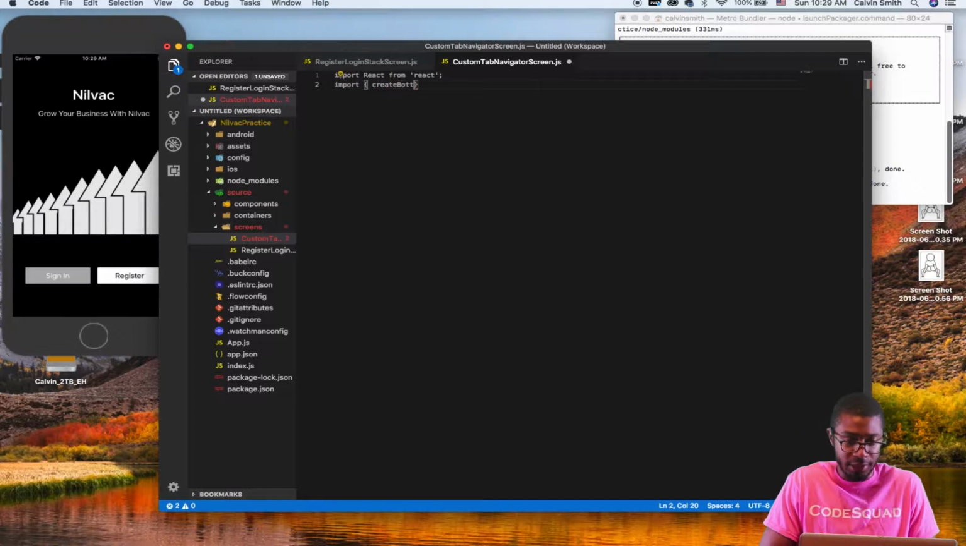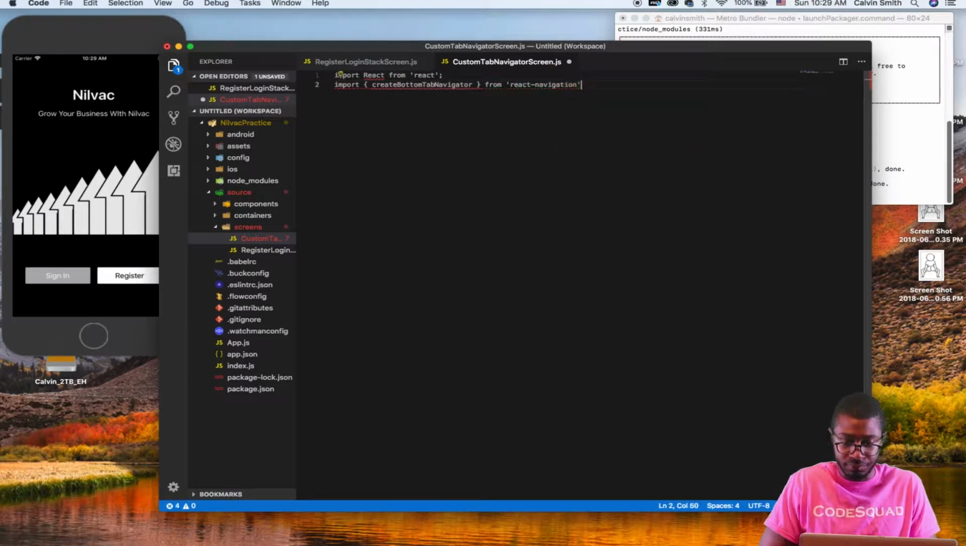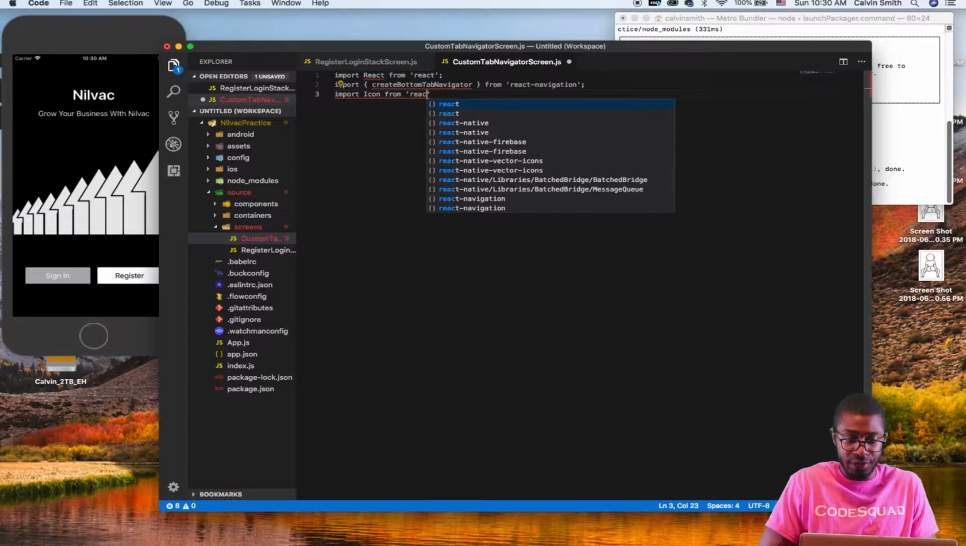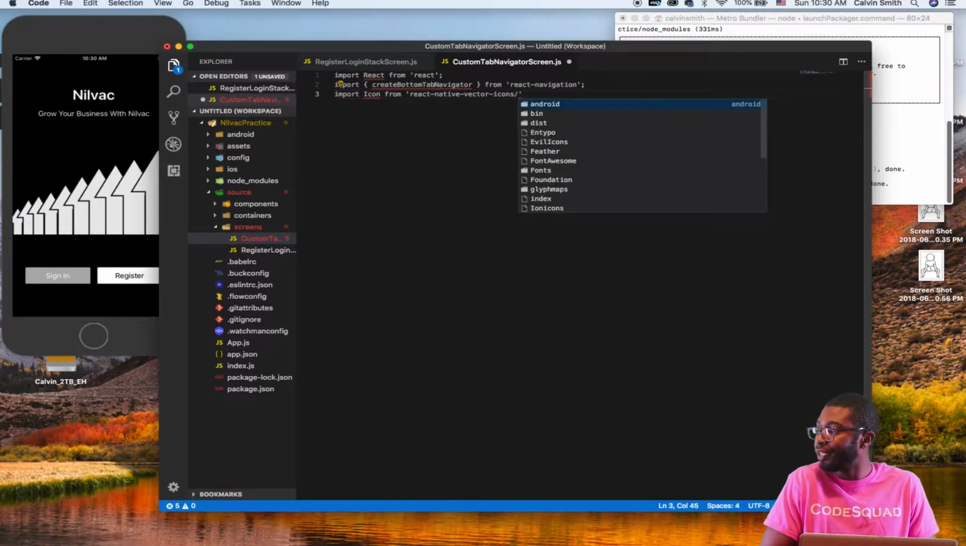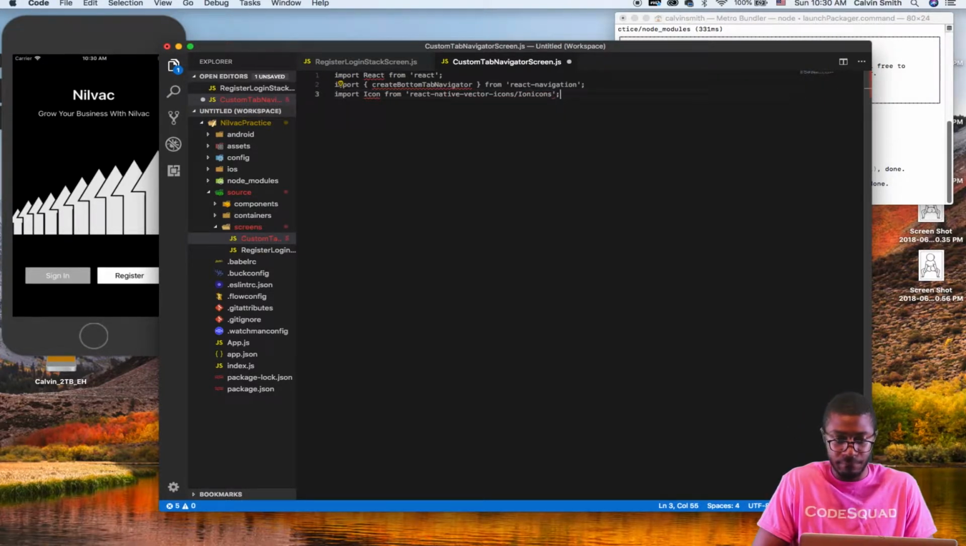Create bottom tab navigator from React navigation, and import icon from React native vector icons, we're going to go into the ion icons, and we're also going to import a few screens. So the order stack screen